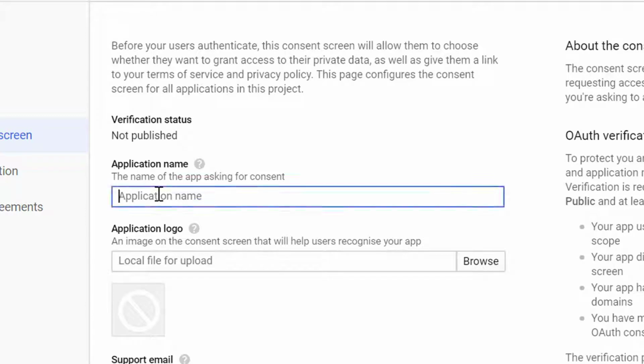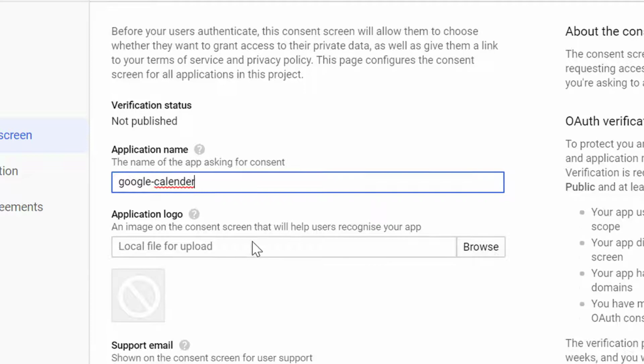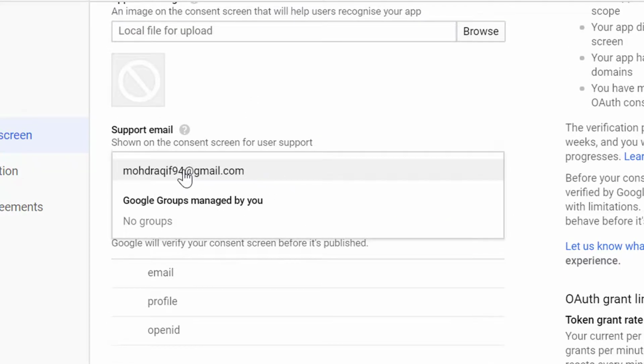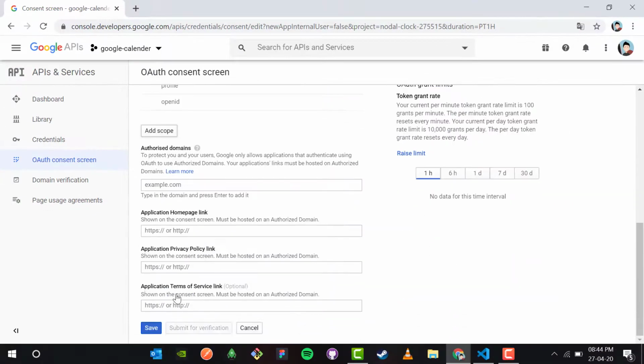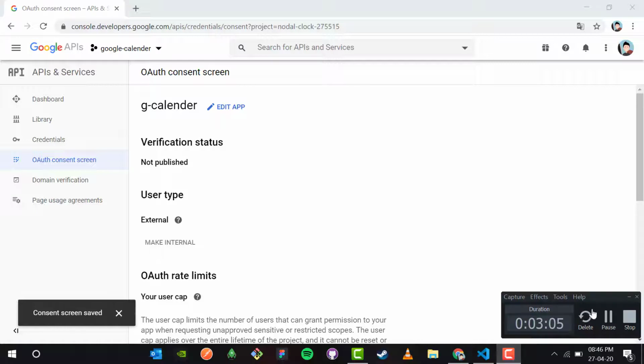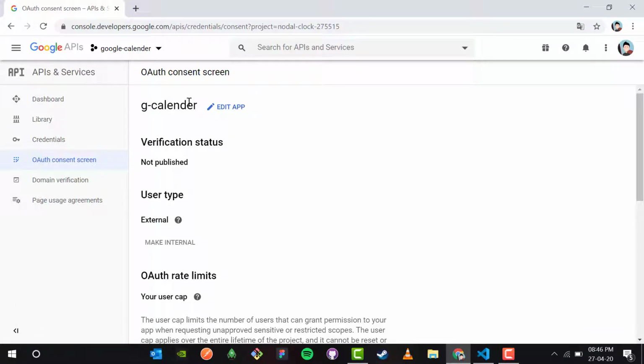And we have the application name Google-Calendar. You can ignore the spelling every time. And then the email, and then we have last save. No need to add further information. We save, and the OAuth consent screen has been added. Okay,